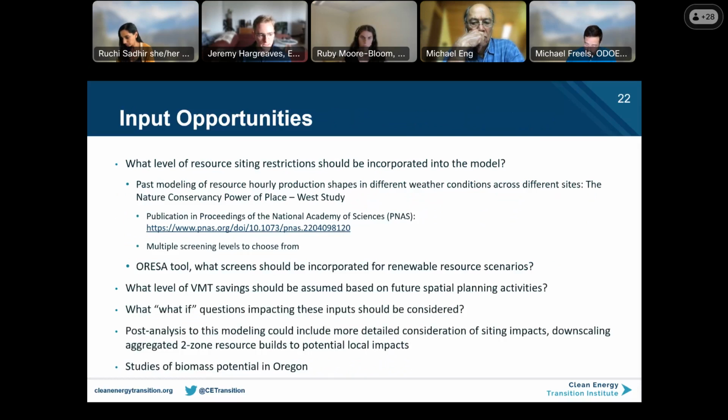And so just laying out the input opportunities on the land use and natural resources side. The first is what level of resource siting restriction should be incorporated into the model. We have done past modeling that has used NREL data, but more recently we have used the Nature Conservancy Power Place West study, which was a study that Evolved did and was published in the Proceedings of the National Academy of Sciences. And it used that approach of the very disaggregated cells, multiple different screening levels to identify where resources could